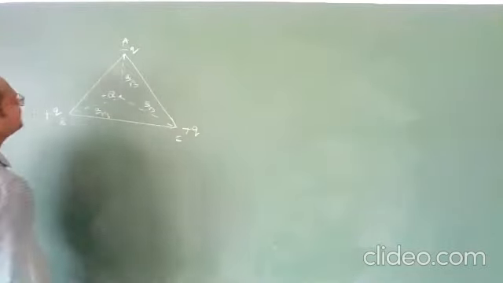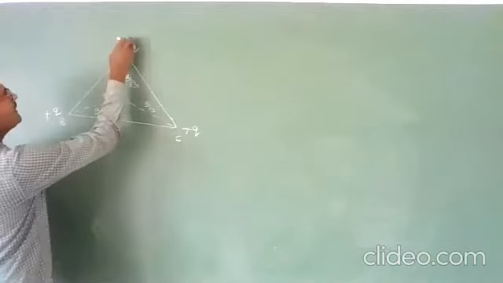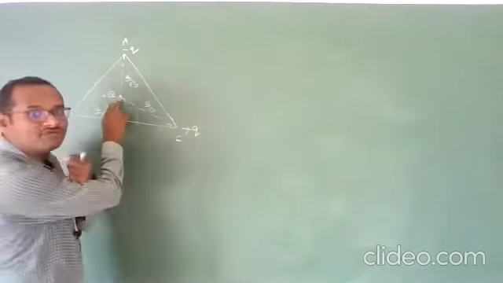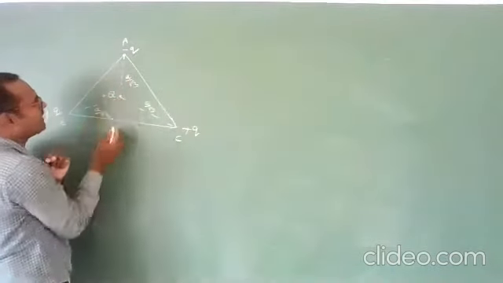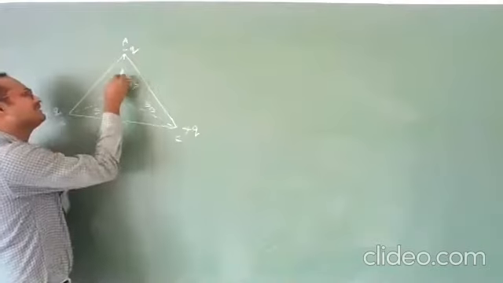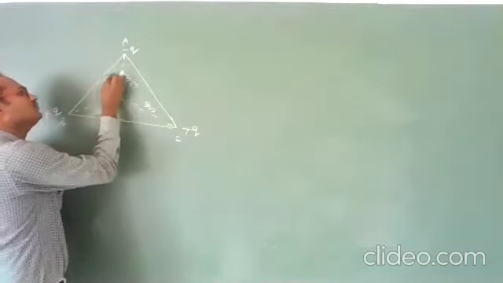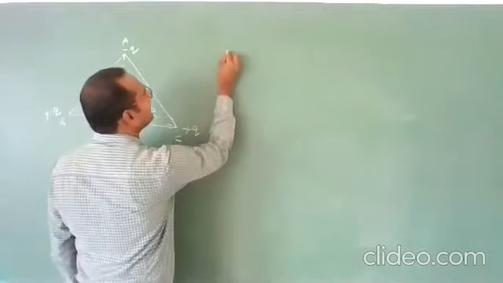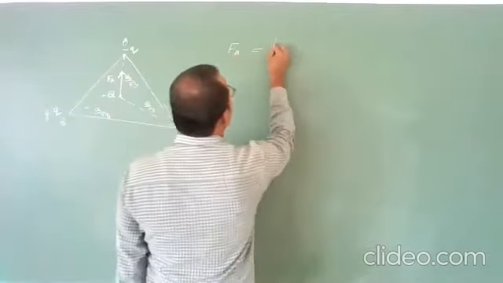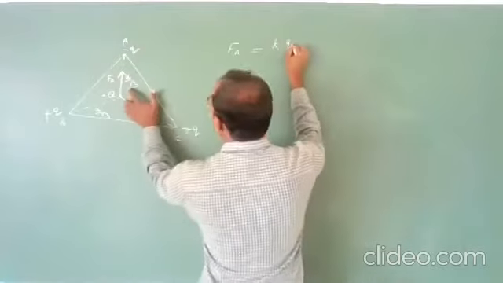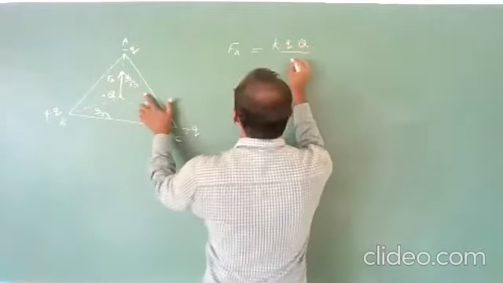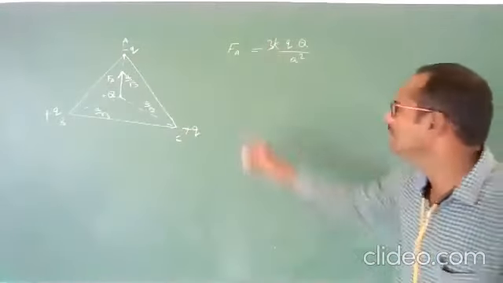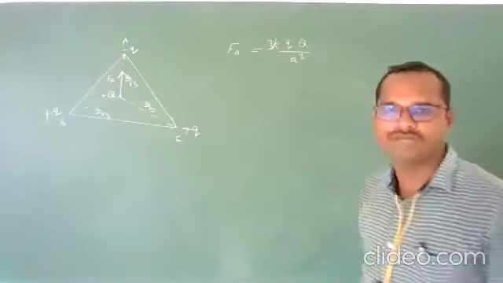First, force due to the charge at A on this one: which type of force is it? It is an attractive force. Attractive force means in the upward direction, like this. This is the force due to the charge at A in that direction. So what is the value? Already I have written, the value is the same: 1 by 4 pi epsilon naught, small q capital Q divided by a by root 3 whole square, which means a square by 3. This value we have already taken in the previous example.